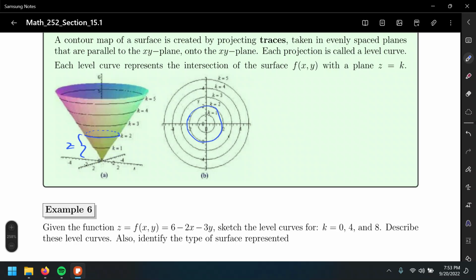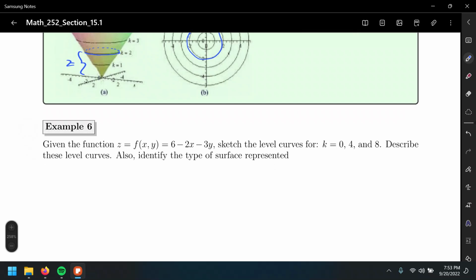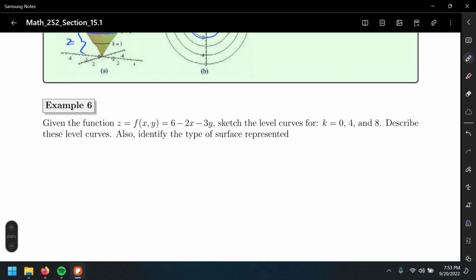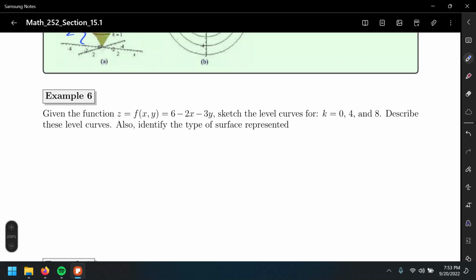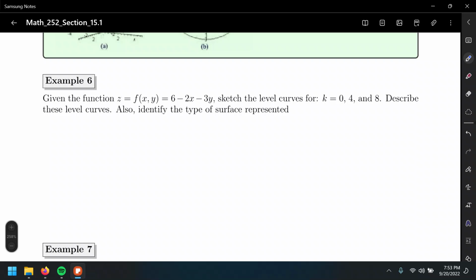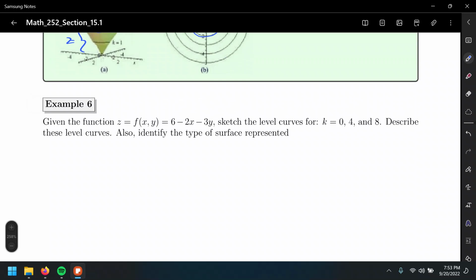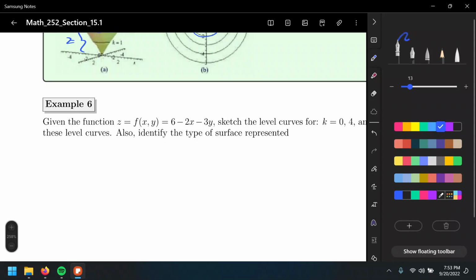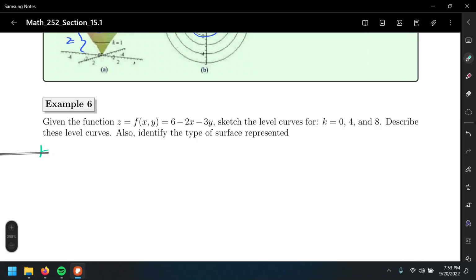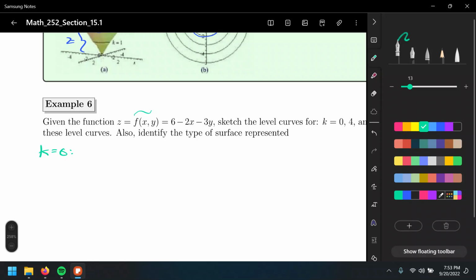So, given a function z equals f of x, y equals 6 minus 2x minus 3y, sketch the level curves for different values of k: 0, 4, and 8. And that's how we're going to create a map for different values of k. So what we do in this case is replace the variable z with the different values of k. For example, for k equals 0, we're going to get